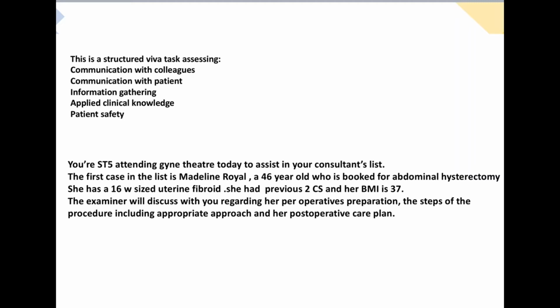Then we need to ask further about whether she has been diagnosed before with any pelvic inflammatory disease or sexually transmitted infection, because that will give us an idea about how much adhesion in her pelvis we can expect. And also we need to ask about her smear history. It's very, very important because it will differ